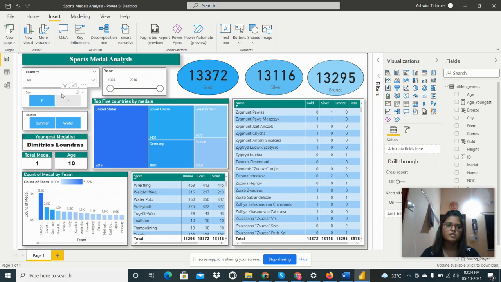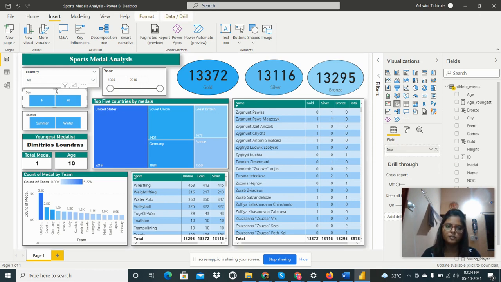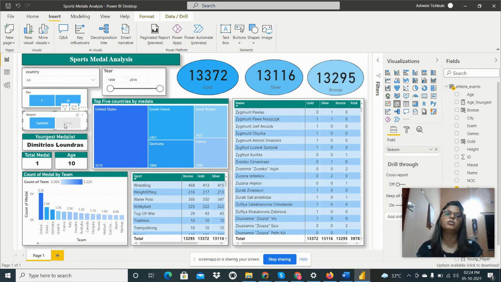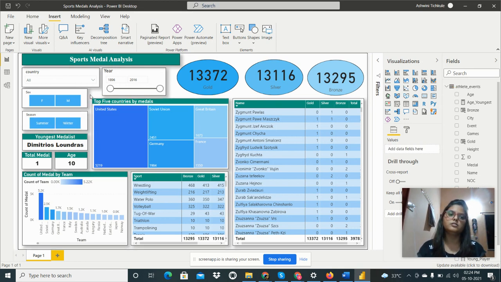This is the slicer for sex, female or male. We can see the data for particular female or male athletes. This is the season filter, where we can choose summer or winter, to see who won medals in the summer and who won medals in the winter.